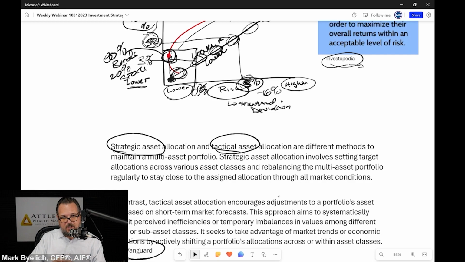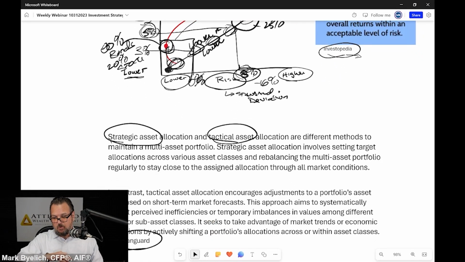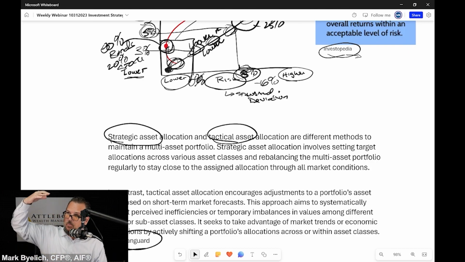So you don't overweight or underweight positions. We say, okay, we want to have 25% in international companies, given the portfolio. Say this portfolio here has 25%, as an example, 25% of international companies. You maintain that holding through all market conditions and keep it rebalanced. So what does rebalance mean? When 25% goes to 20, or that would be too tight, 30%, we rebalance that and bring it back down to 25%. If it drops down to 20%, we rebalance it and we bring it back up to 25%,